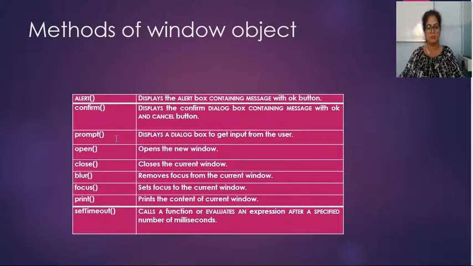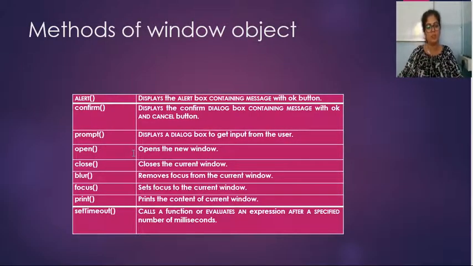Next is prompt. It displays a dialog box to get input from the user. Whenever you want to display a dialog box to get input, you can use prompt box. For example, in a program like even odd number, you can use prompt box.